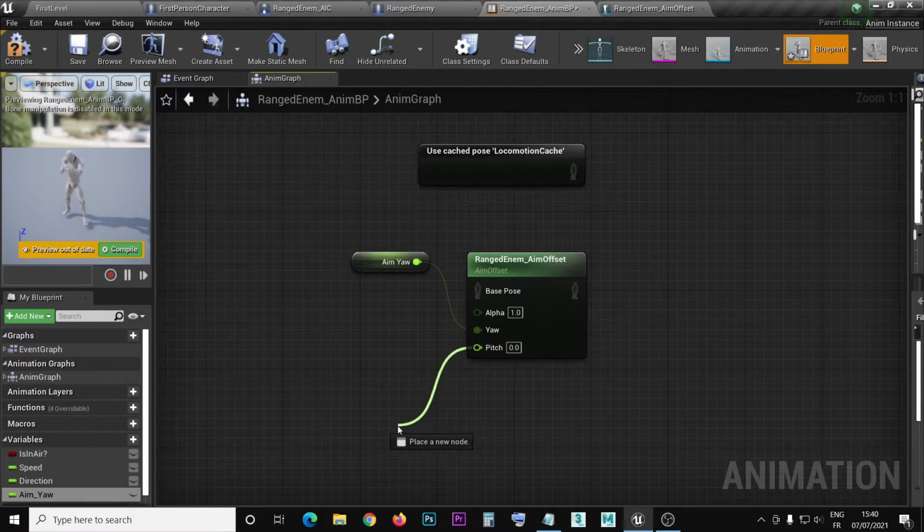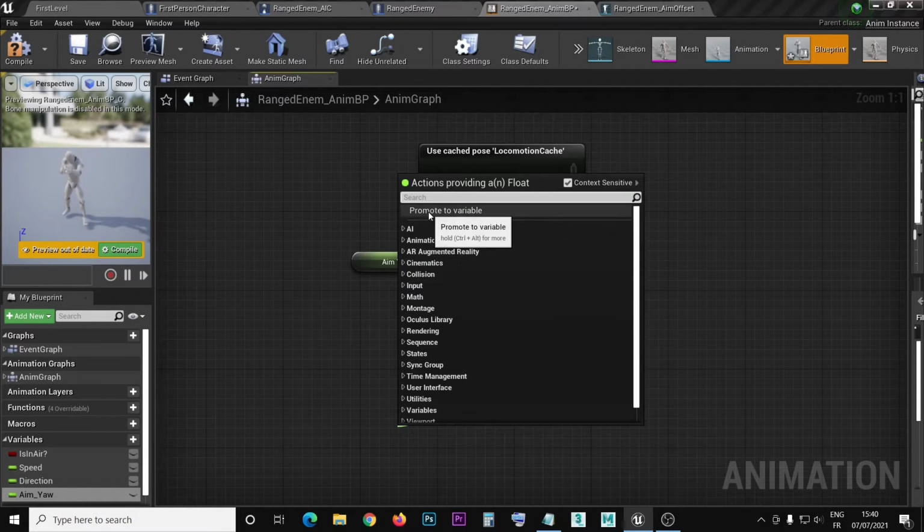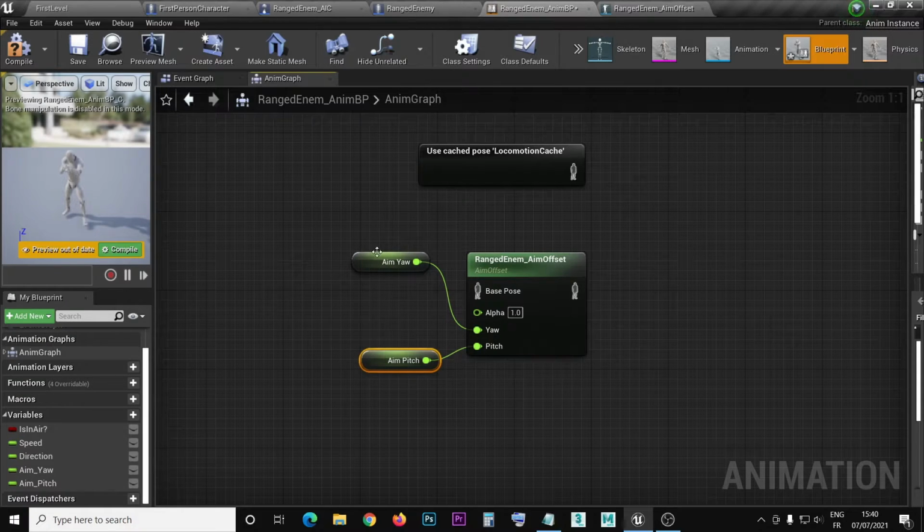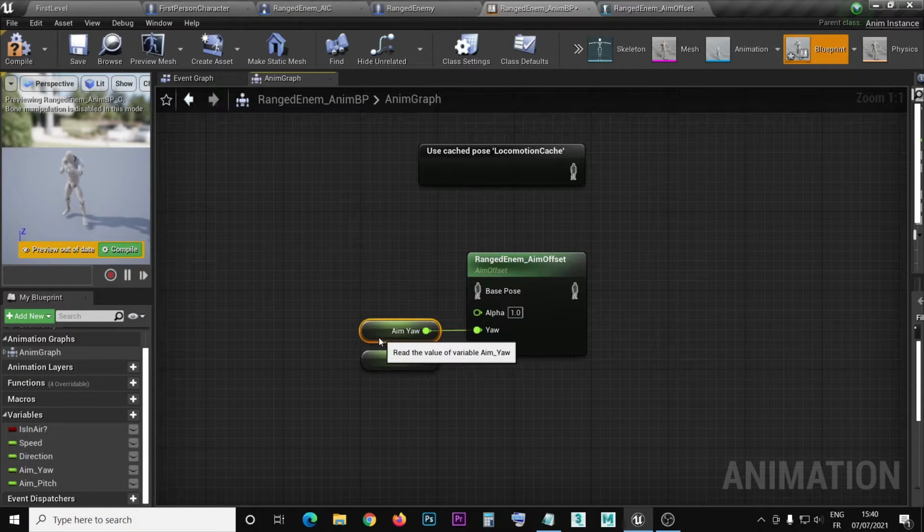We do this for the pitch also. Promote to variable. We're gonna name it aim pitch. So aim yaw and aim pitch,